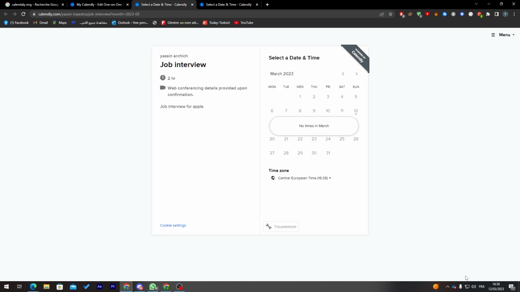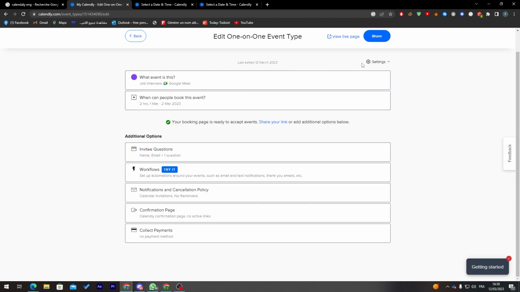Now, because I picked 1st of March and we are already on the 12th, that's why it is showing me no times in March. But overall, if you choose the correct date, it will show in here, and the other person will be able to see it, and he will know when you two are having this meeting. Now if I click here on settings,